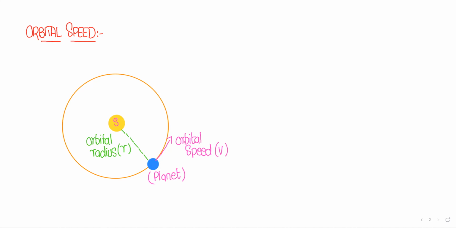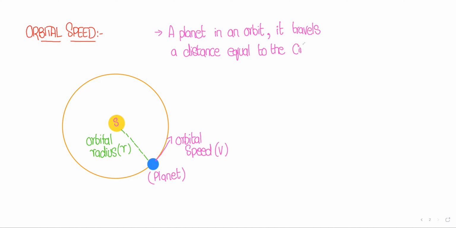Normally the theoretical concept is that when a planet covers distance in a circular path, in an orbit, it travels a distance equal to the circumference